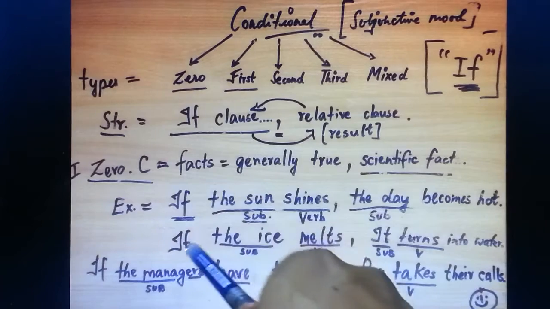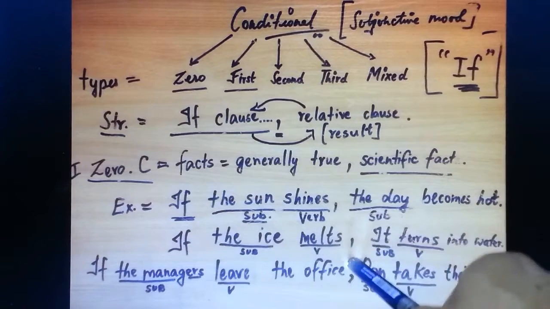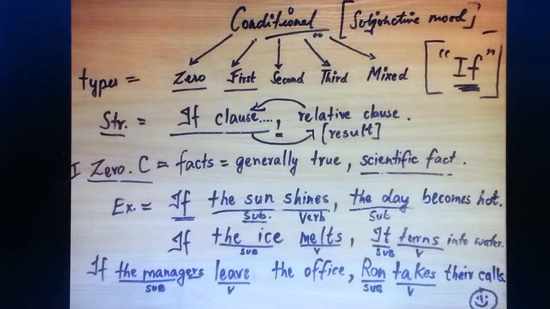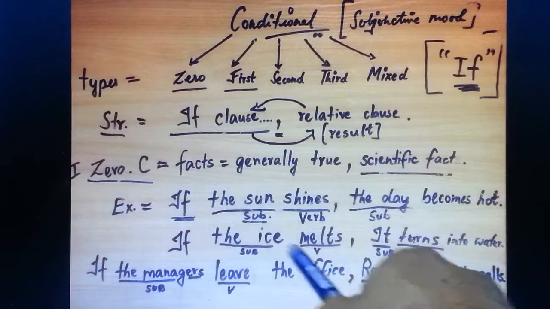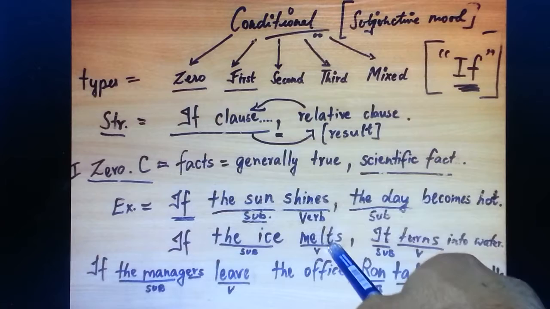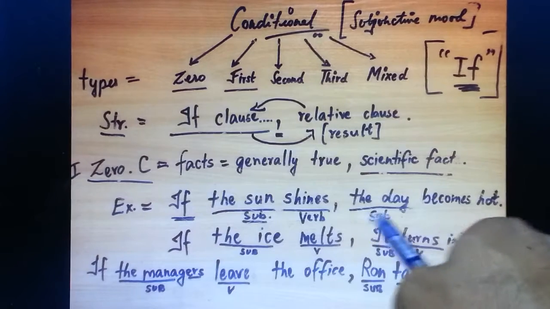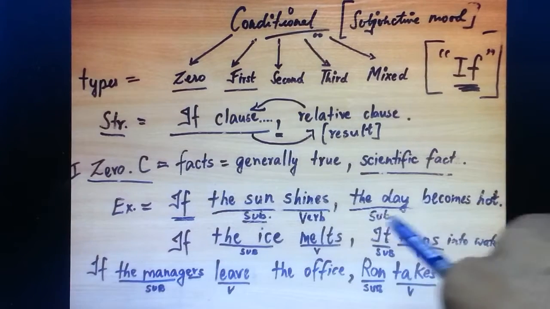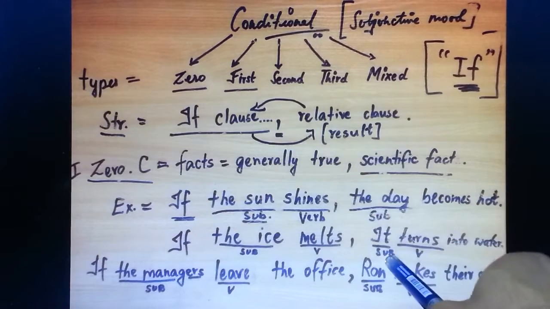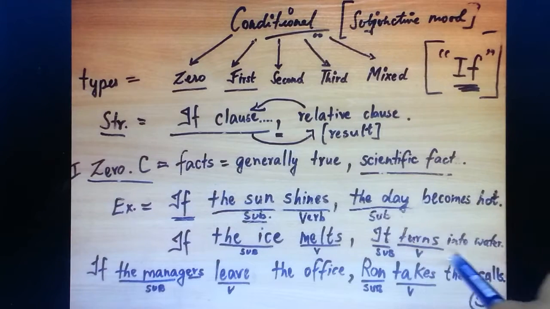If plus present simple tense sentence, we see the subject is singular. That is why the verb melt has an S in the end. And here is present simple once again. We see it is a subject which is singular, and here please pay attention, this is not a verb,